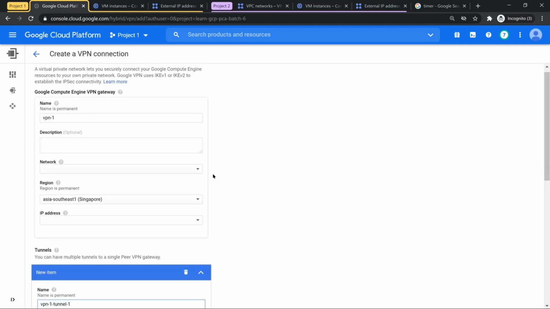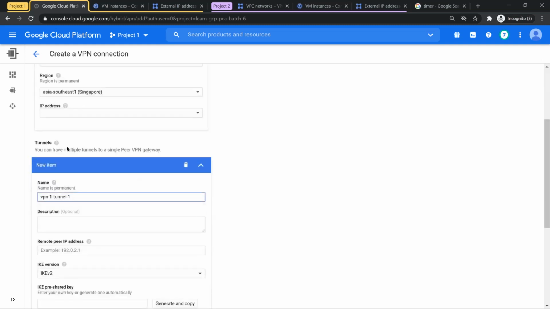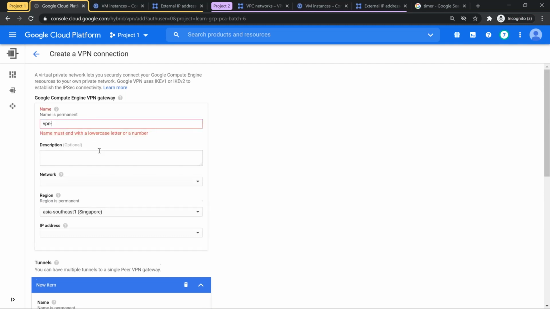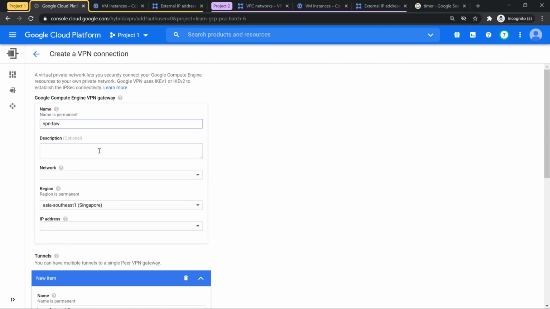So the classic VPN screen has come up. This screen is divided into two sections. One is your VPN gateway. The second section is going to be your tunnel. So first let's fill the VPN gateway section. I'm going to give a name which I can remember very properly. I'm doing this in project 1, which is basically for our VPC Taiwan. So I'm going to call it VPN Taiwan